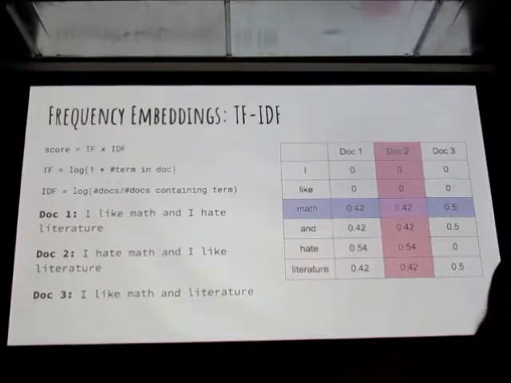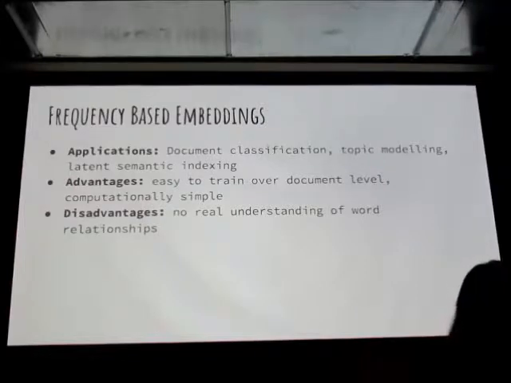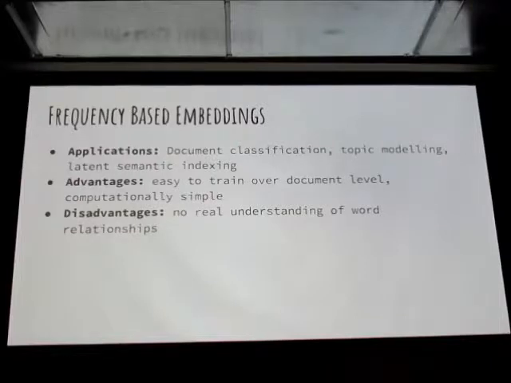You might realize that the same issue with bag of words persists with the TF-IDF. You have these 2 documents, which once again embody the exact same vectorizations, despite conveying 2 very separate meanings. So this raises the question, why would we want to use a frequency-based embedding when there's such a glaring issue? Well, one advantage of frequency-based embeddings is that it's very easy not only to vectorize words, but it's also very easy to vectorize documents. Typically, you would want to use a frequency-based embedding when you come in with the assumption that